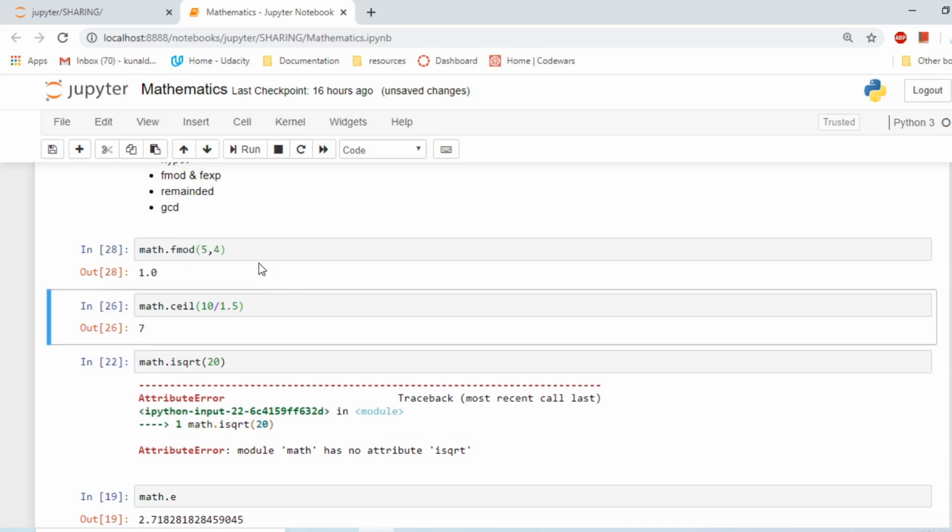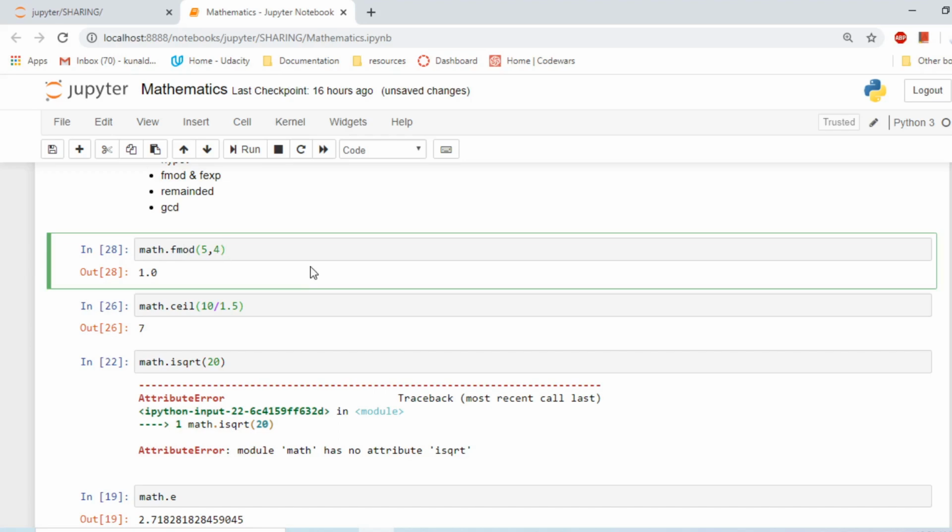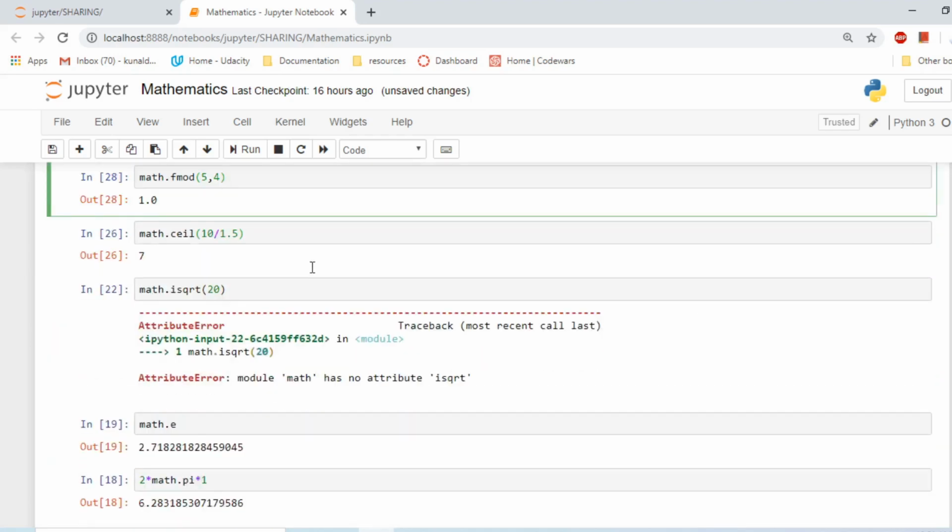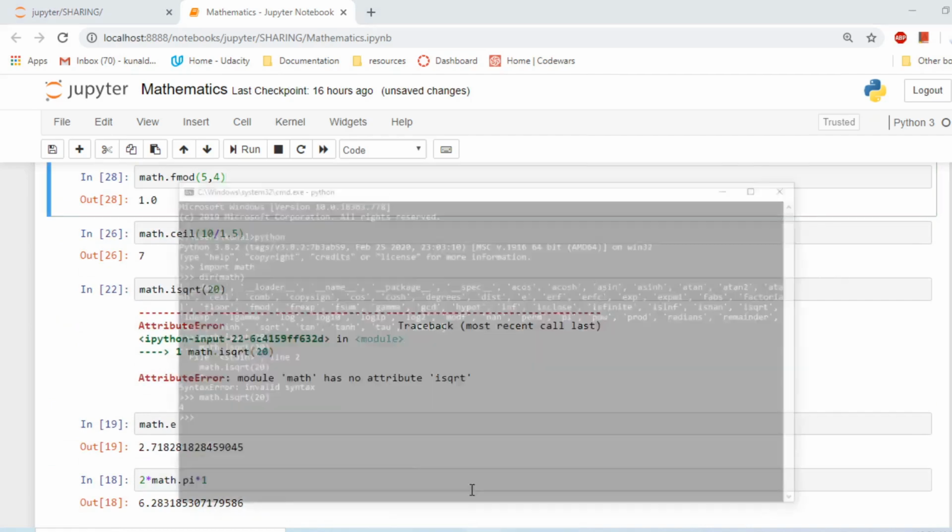So why is it useful? Say you want to make it explicit. For any reason you want to make it more explicit or more intuitive what you are doing. If somebody doesn't know the syntax, it is more explicit and interpretable what you are doing. So in these ways the math module is very helpful. So explore it